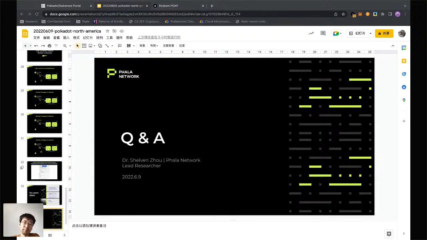For example, with parachains we can communicate through XCM, but it's also possible to communicate between Phala and Ethereum because we have already built a solution called Subbridge. But the problem is that the fee can be very expensive. But you can really send a message from Ethereum to the Phala network and backward.